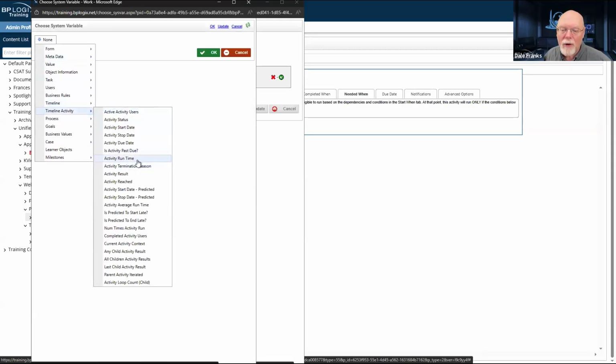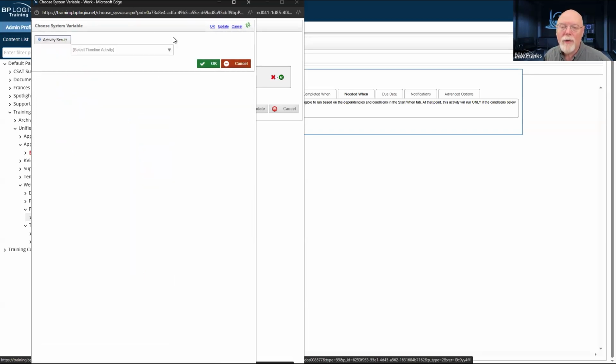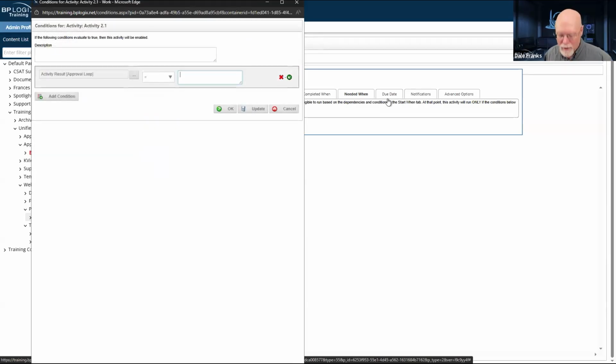Timeline activity result for my approval loop equals resubmit. I've just come up with a problem. I restart the loop if my activity result equals resubmit.